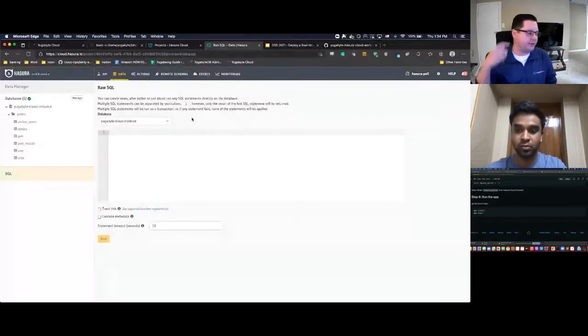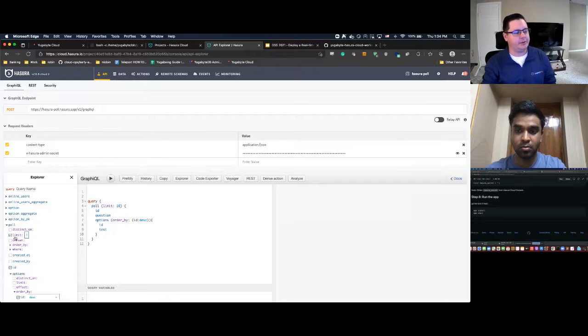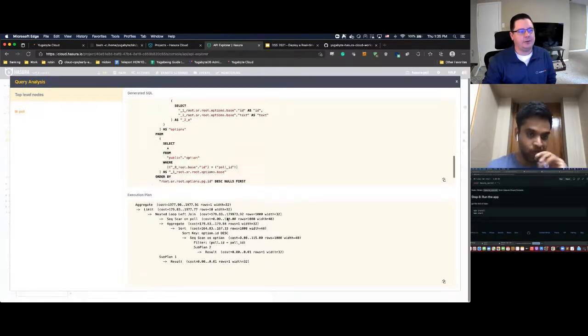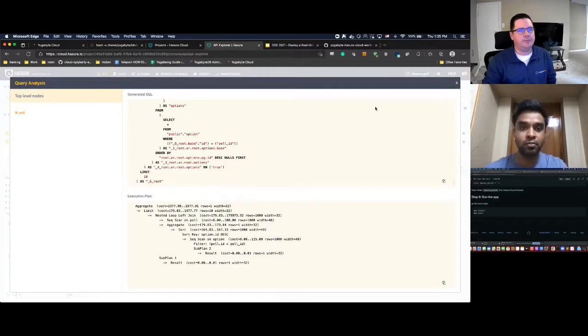And so if I think about what I want, I can run it here, or alternatively build it here in the Explorer, which is nice because you can just click on whatever you want, get it to come up, run those. But they're not always going to be that performant, because as you click on it, the way it translates may not be the best way for the database to access that data. So being able to run these analyzes to take a look, right? We're going to look at these execution plans to see what it's doing, try to see where we're spending our